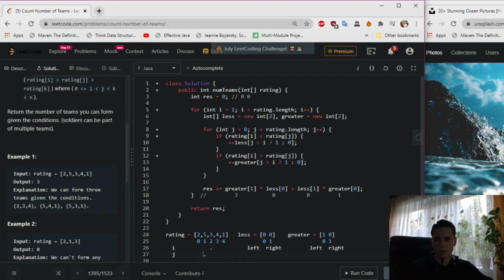We can see that 3, right, is less than 5, so we increment, and J to your left, we increment in that less array the value at the position of 0 by 1, means that 3 is less than 5, and we increment J by 1, again we skip these conditions, then we go here,